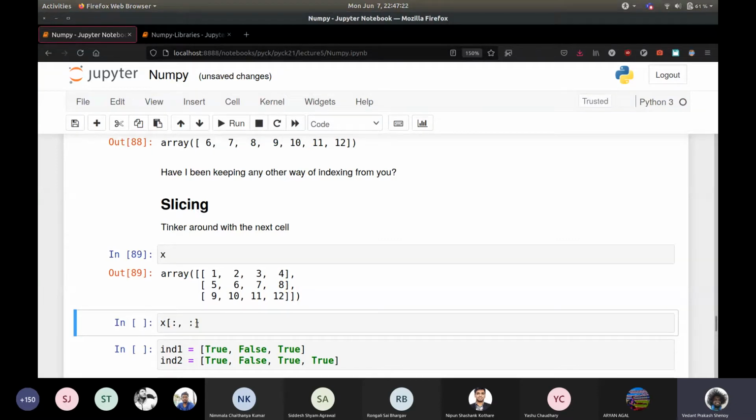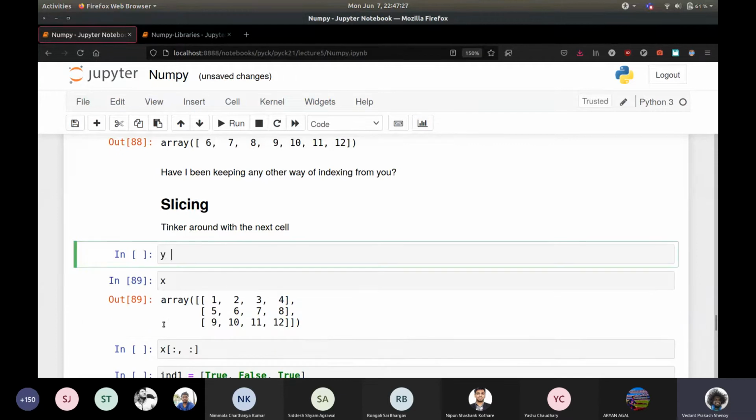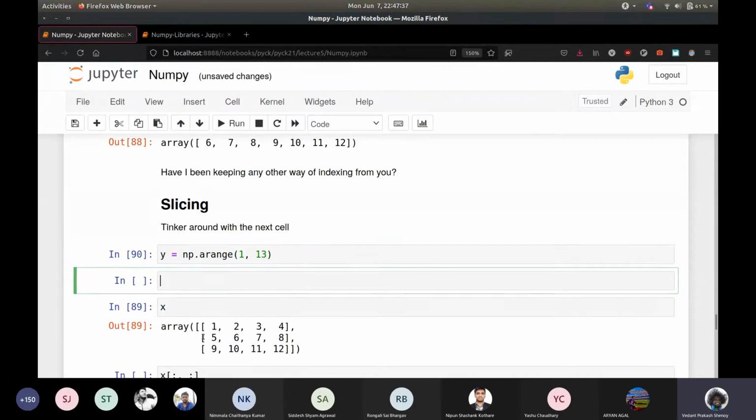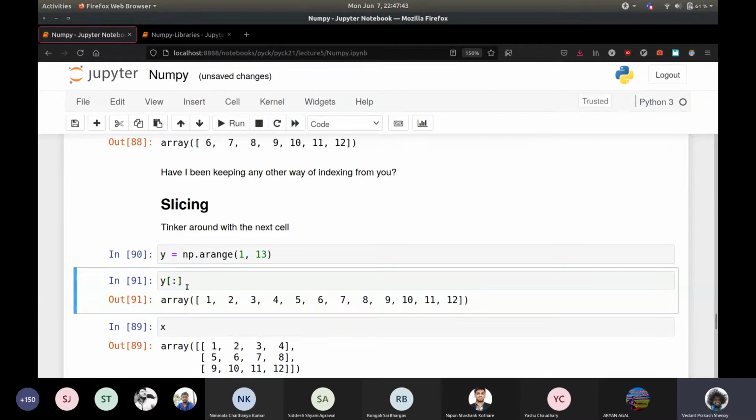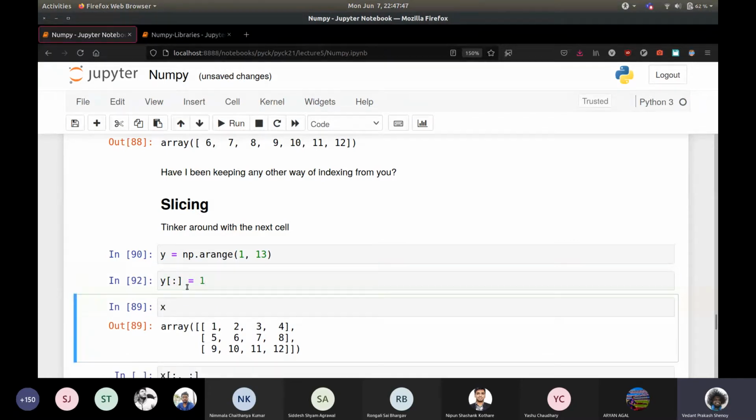Let's have a normal example here also. So range 1 comma 13 will give you the same elements. Okay, so y of this will give you all the elements in this thing.